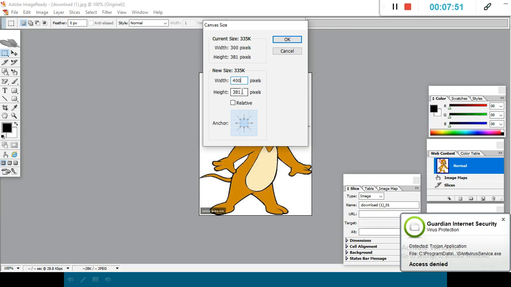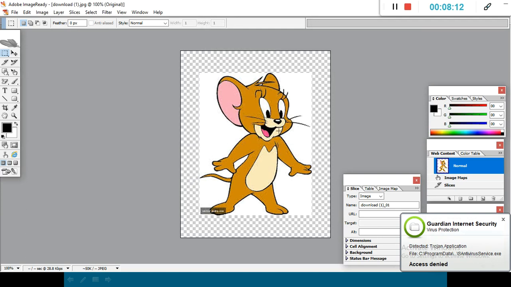Mention 400, and here mention 500. After that we set the anchor, where we want to put our image, in the center or here, according to our choice, but we select center and then press the OK button. It provides canvas to our image.